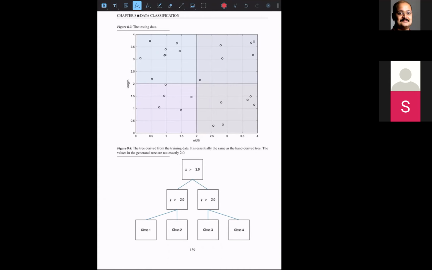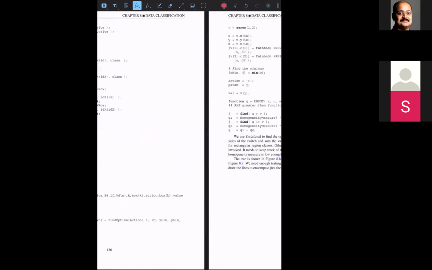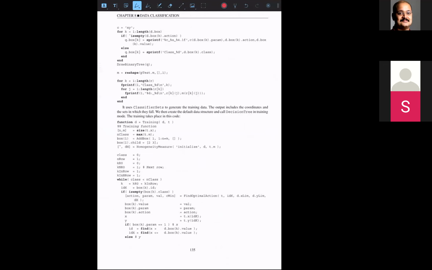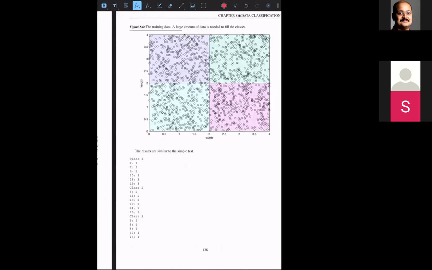So I would strongly encourage you to run this code and see. I like these MATLAB codes because they actually give you an under-the-hood view of how that whole thing works. It's not like a black box, like a MATLAB toolbox, wherein you structure the data, feed the data to a MATLAB function, and it gives you output. Here you can actually see a step-by-step building block through which that system or the whole neural network is constructed.